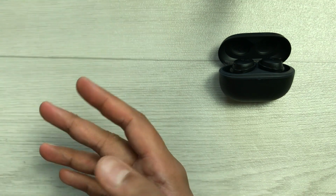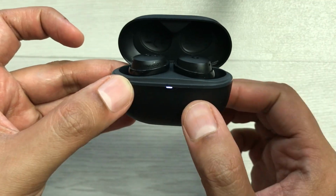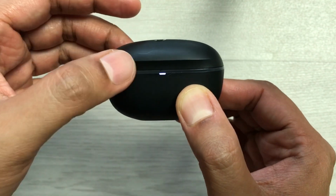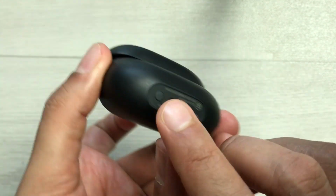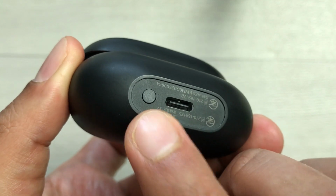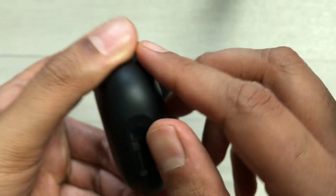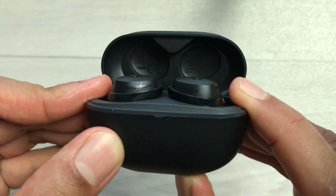So now the next thing is we have to close our charging case. Okay, so I will close our charging case and then you have to open it again. Okay, and the next thing is at the bottom we have this pairing button. You have to press and hold this pairing button for 10 seconds. Okay, so I will just press and hold this button for 10 seconds and you have to keep your case